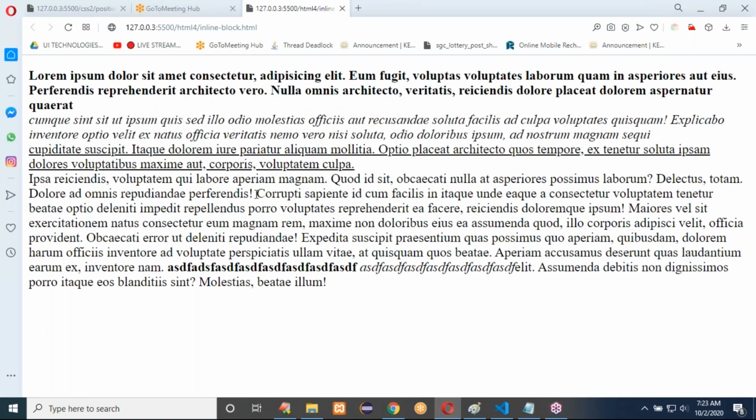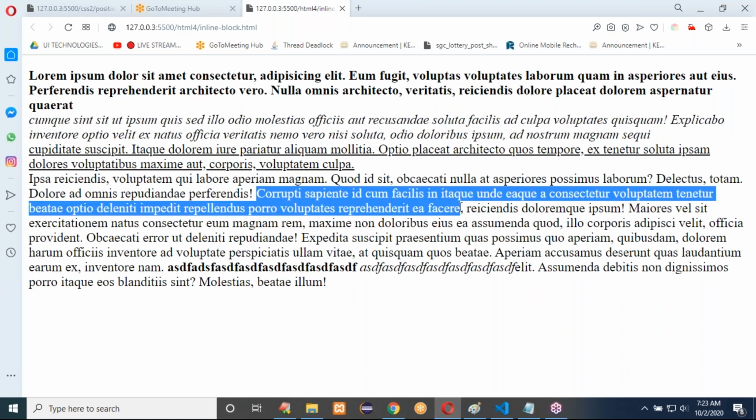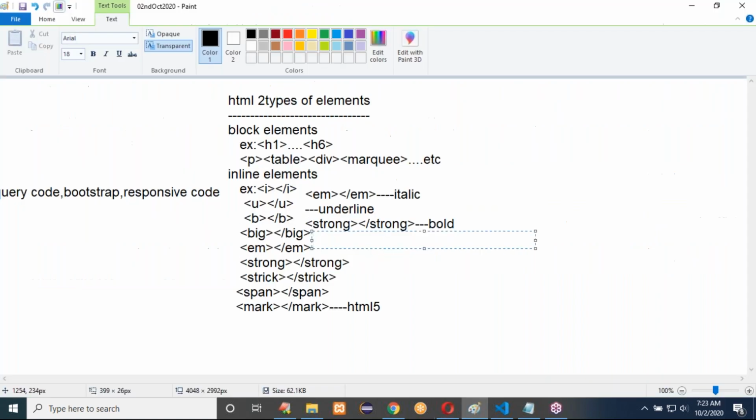And here I want to show some of the content. I want to do highlighting. Some background color I want to display here, or color changes I want to do here. Font color I want to change. So just to highlight the content inside the paragraph, if you want to change your content, for that we can use